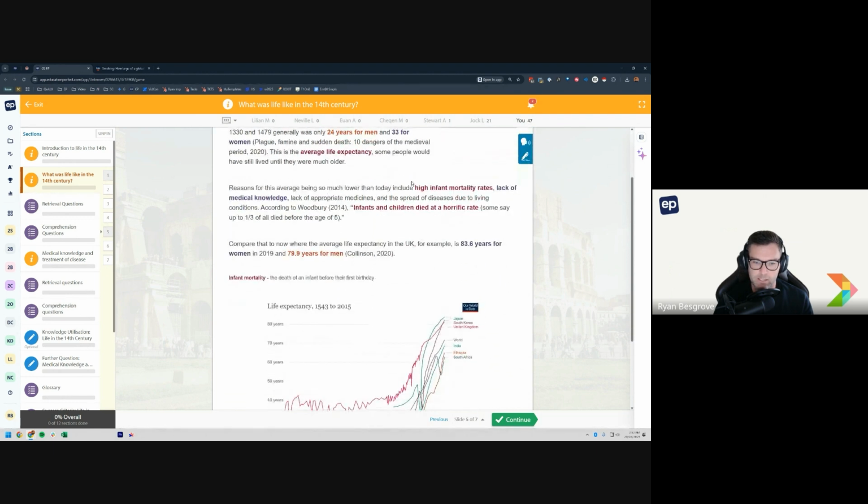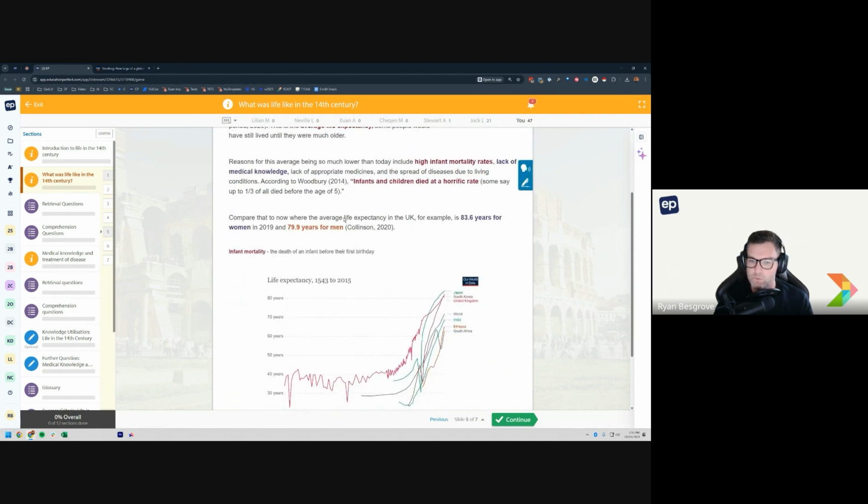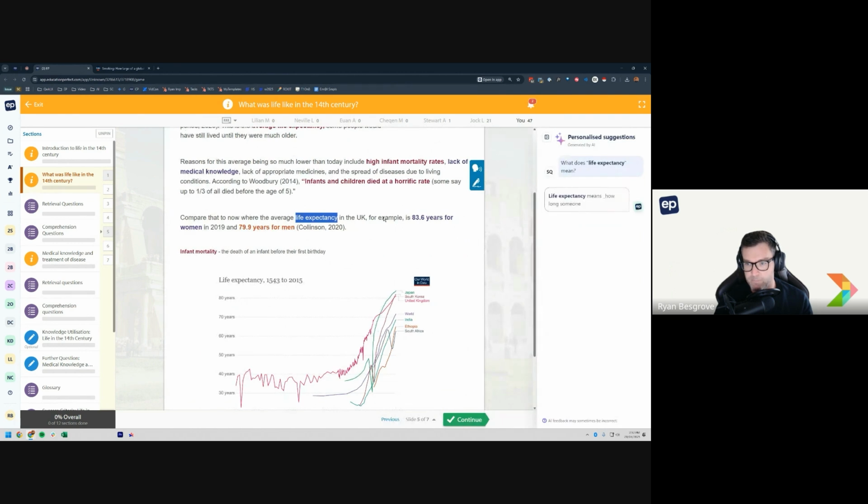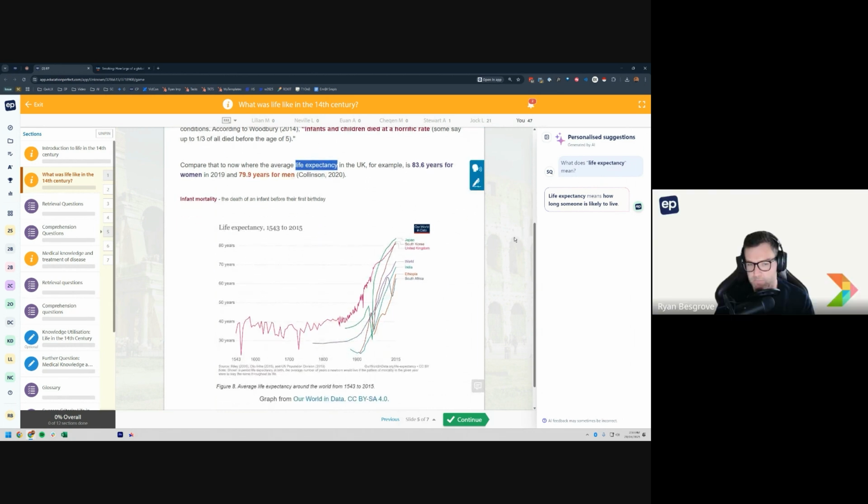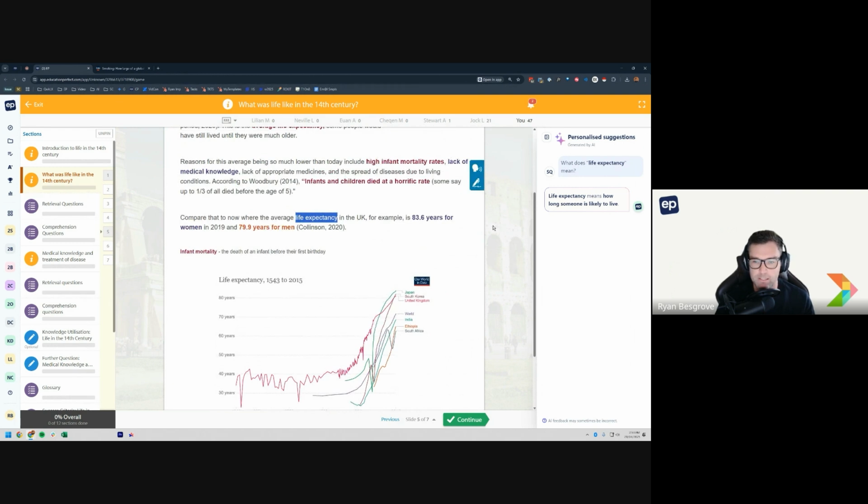But let's say that students are unfamiliar with the term life expectancy. They can actually now highlight this, and our AI feedback tool will also give them a nice brief explanation of what's there. Fantastic. Yeah, it's a great new tool, and it really helps the students to be able to differentiate